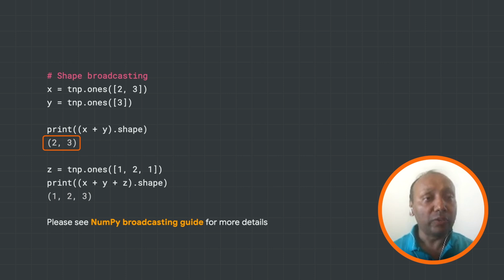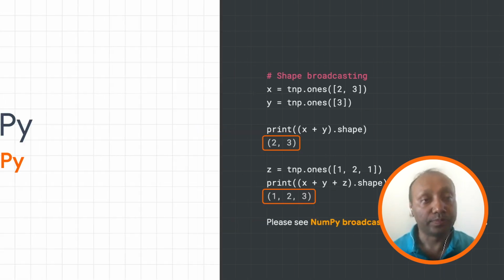Another powerful feature which is shared with TensorFlow is shape broadcasting. What that means is you can have inputs of different shape being passed to a function or an operator, and NumPy will define semantics for how to broadcast those inputs to a common shape and then apply the operator on it. The implementation would then leverage that to make it much more optimized instead of actually tiling the values. So again, check out the NumPy broadcasting guide for more details on these features.